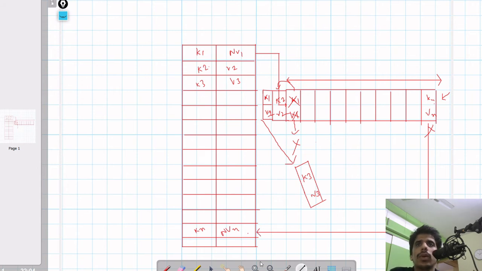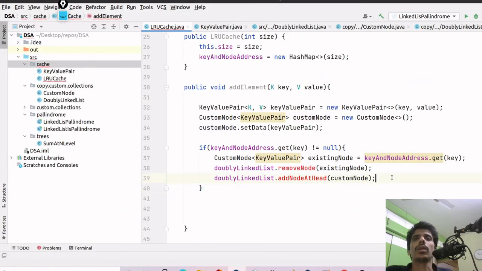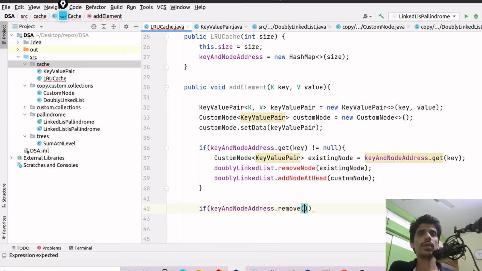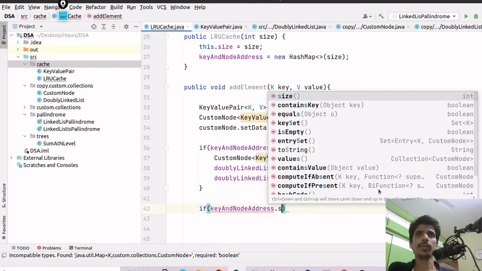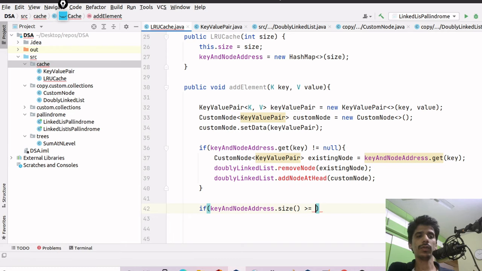Right, so we will be removing those, and that's why we need the key as well in the doubly linked list. So let's write that logic now quickly. If the map is of full size, if key and node address dot size is greater than or equals to size,